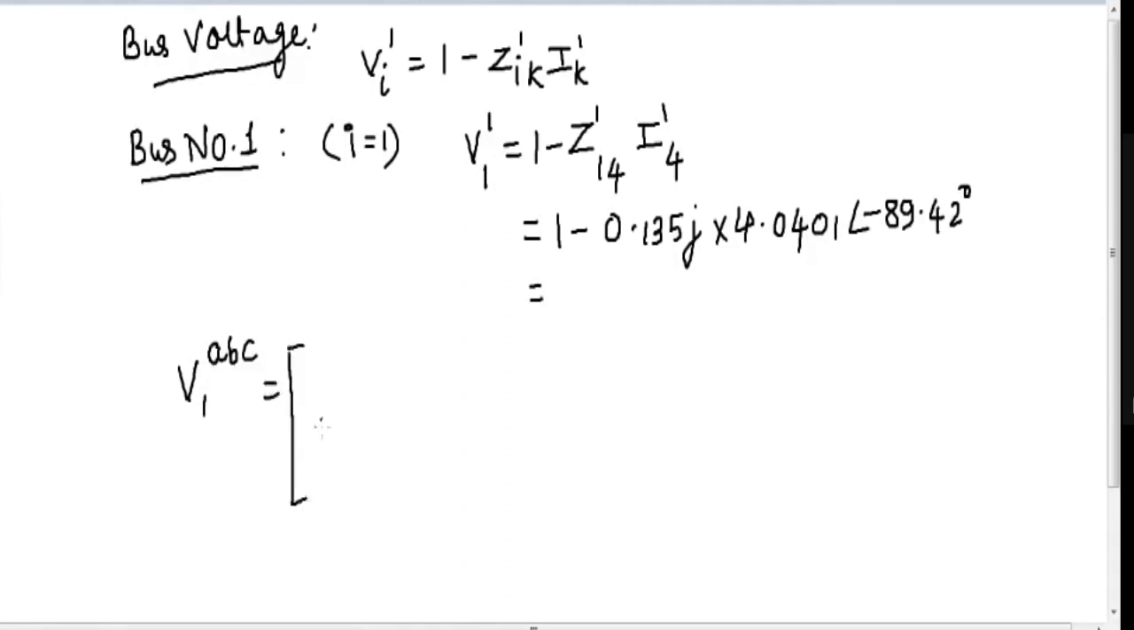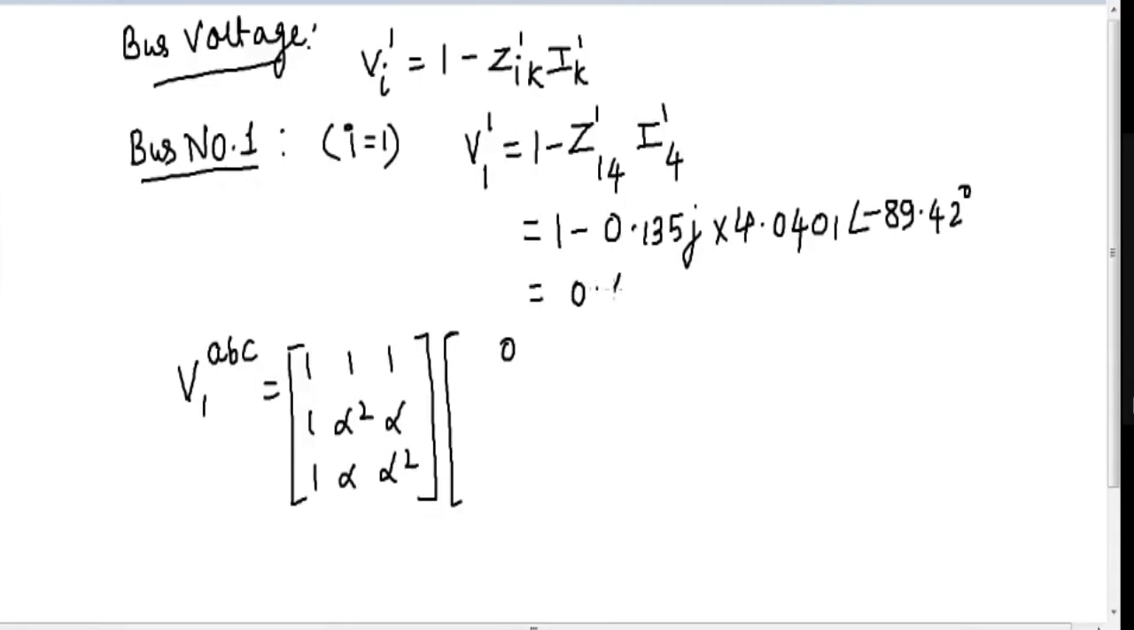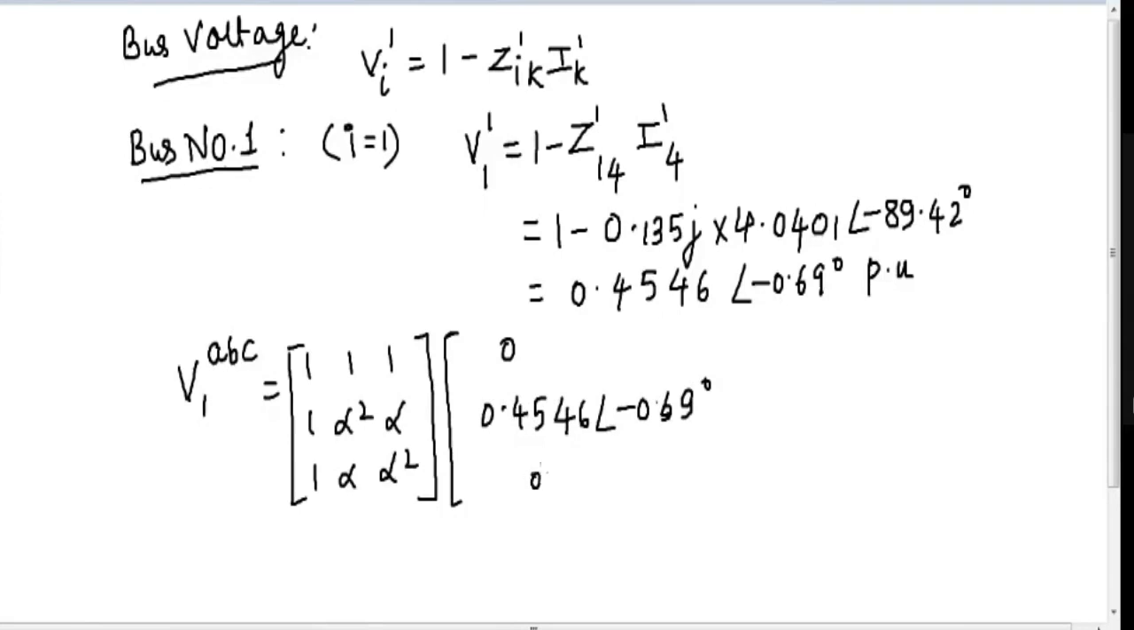So V1 ABC will be equal to the matrix 1 1 1, 1 alpha square alpha, 1 alpha alpha square, और यहाँ पर हमें लिखना पड़ेगा जीरो क्योंकि जीरो सीक्वेंस है ही नहीं। उसके बाद पॉजिटिव सीक्वेंस जो हमें अभी मिलेगा। तो कितना मिला है हमें? हमें मिला है 0.4546 at an angle -0.69 डिग्री पर यूनिट ऑब्वियसली। सो पॉजिटिव सीक्वेंस के टर्म में हम यही चीज लिखेंगे 0.4546 at an angle -0.69 डिग्री और निगेटिव सीक्वेंस के जगह पे हम लिखेंगे जीरो।